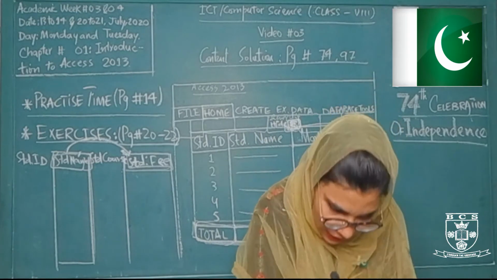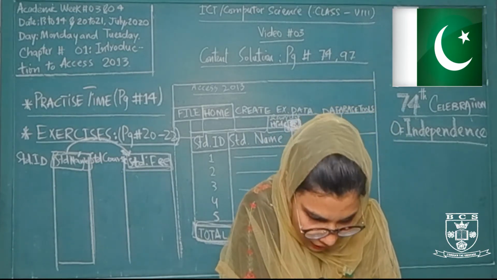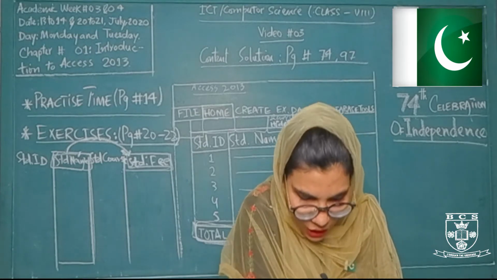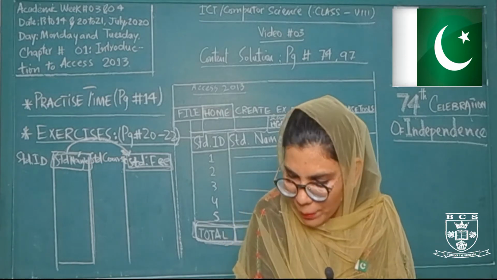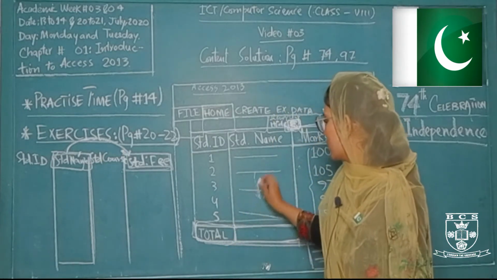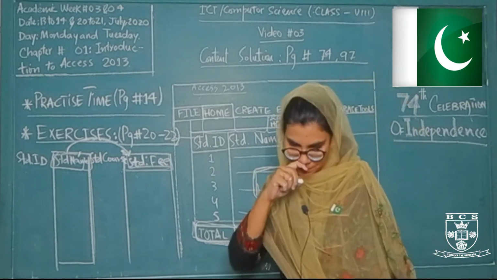Now to unhide this we will reverse the same steps, and then we will click the unhide columns. As we click on unhide columns, an unhide columns dialog box will appear, means a small window just like this. A small window will appear.